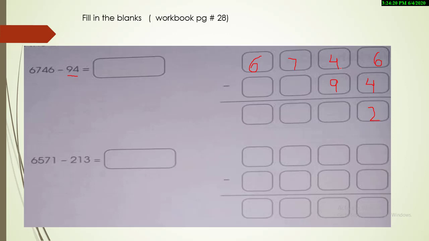Okay, now let's check the second number. More on the floor. Yes, over here we have more on the floor. So what are we going to do, students? Go next door. What is our next door? That is 7. So you just cut it. It will be 6 left and it will give one number to 8, and it changes into 14. Yes. So now 14 minus 9, the answer is 5.